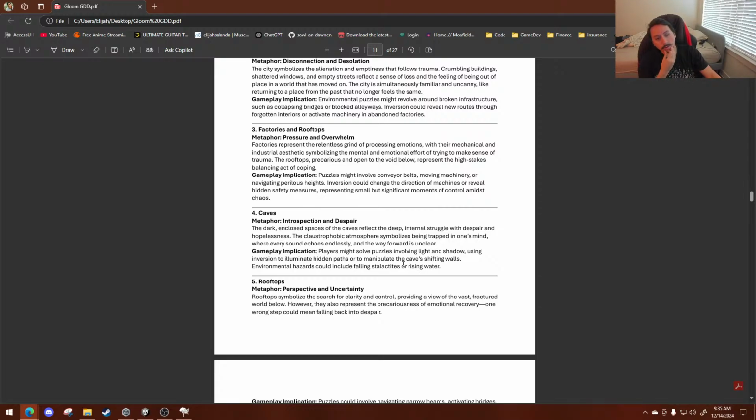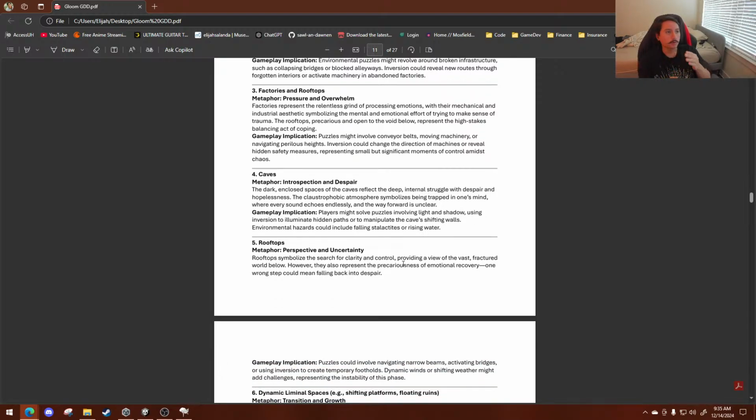Factories and rooftops. The way the game progresses is you are completely out of control of the inversion and it's just happening randomly. And then in the factory and rooftops, basically in the mid game, you have something that you're centrally controlling. It's not necessarily that you're causing the inversion, but this item is, and you're in control of that item. So that represents coping mechanisms, whether they're unhealthy or healthy, to maintain your emotional state or to use to your advantage. And you're like, okay, my entire life is centralized around this coping mechanism